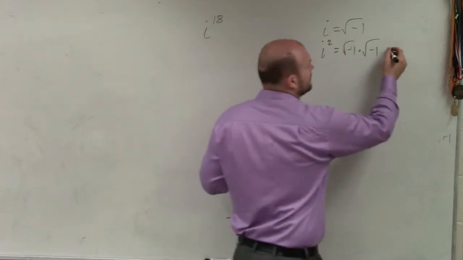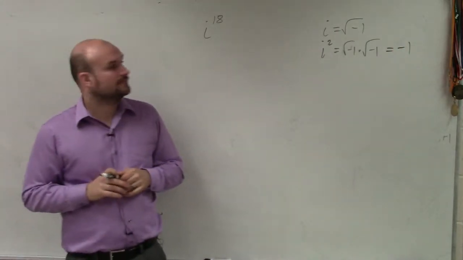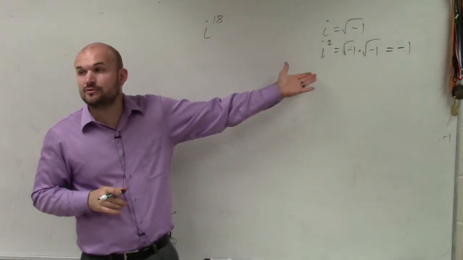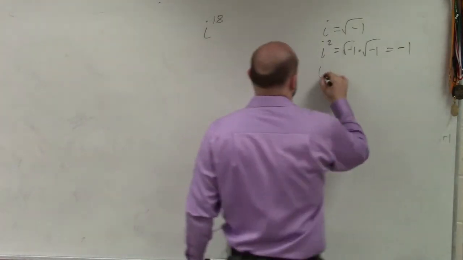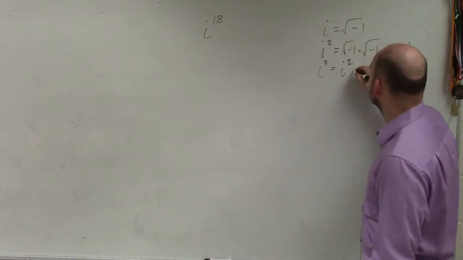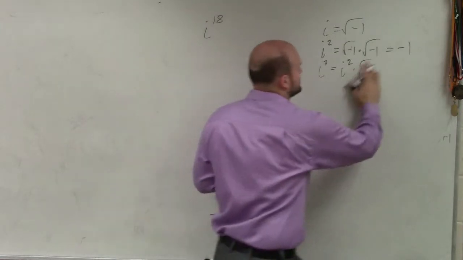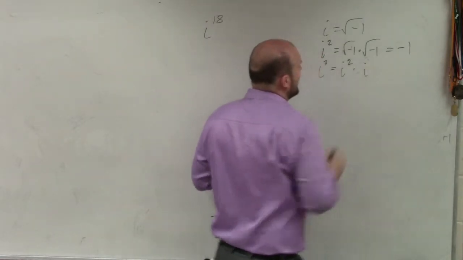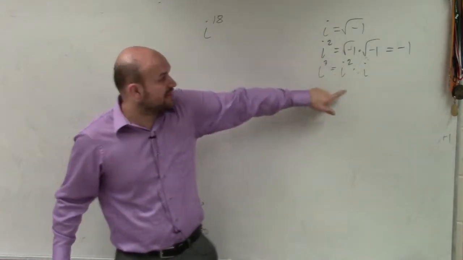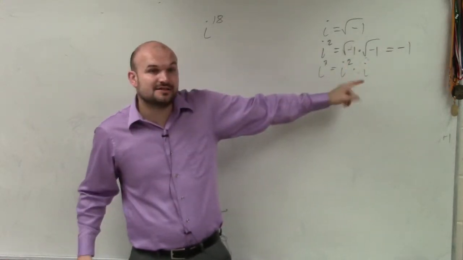Negative 1. So that's just going to equal negative 1. Now, if I go to i cubed, that equals i squared times the square root of negative 1. Or basically, instead of the square root of negative 1, let's write it as i. Well, i squared, ladies and gentlemen, is equal to negative 1. So negative 1 times i is just